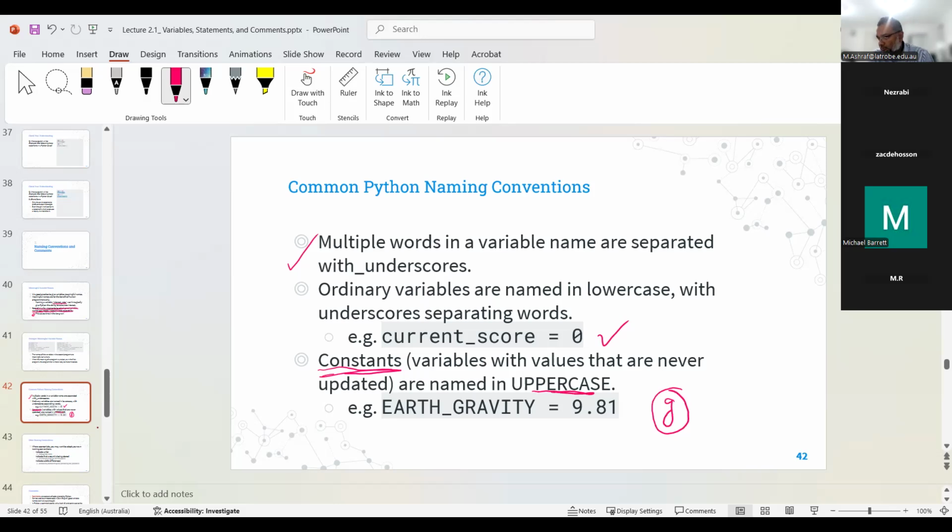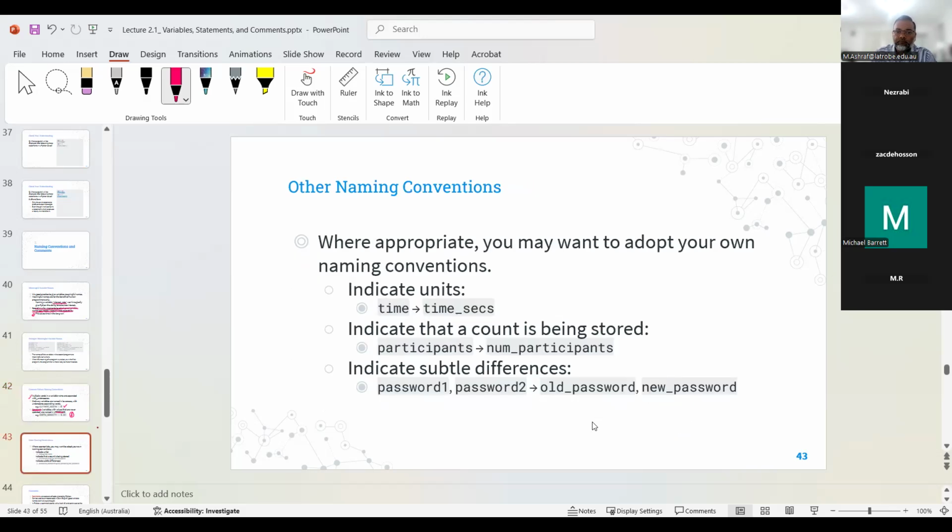This is just a convention. If you don't follow it, it will not complain; it will execute. But this is a convention that Python recommends. So Earth gravity 9.81 can be used within a calculation, and so on. Okay, other naming conventions: where appropriate, you may want to adopt your own naming conventions to indicate units,